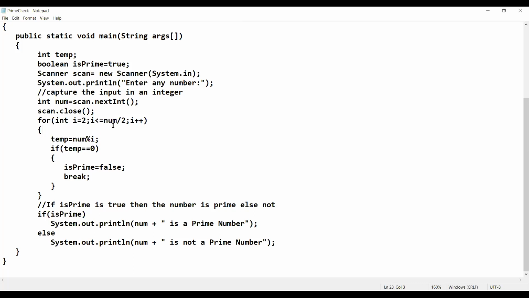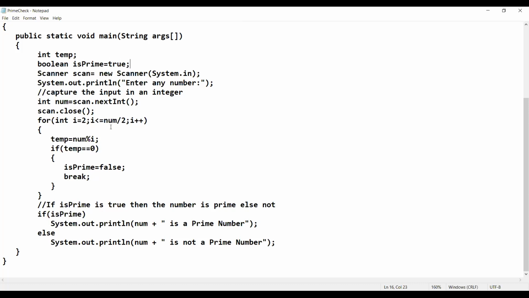Till then the loop will keep iterating, and finally if it is not divisible by any number and is divisible only by itself, there is no change in the initialization. The boolean isPrime, equal to true, has not been changed into false, and so the number is prime. Else, if it is changed, then it is not a prime number. So isPrime will be either true or false.